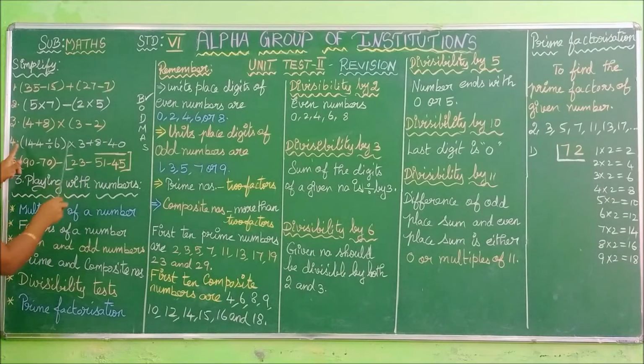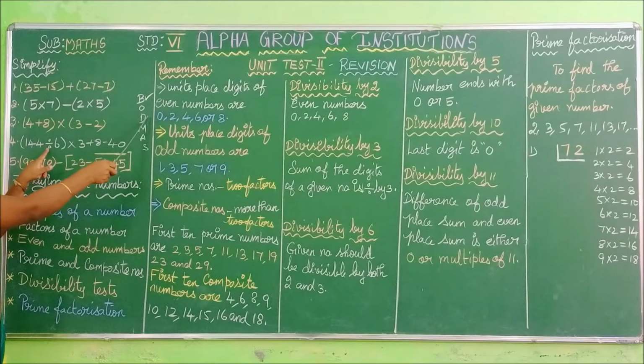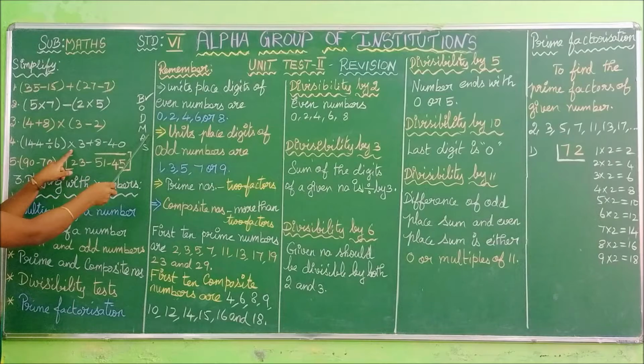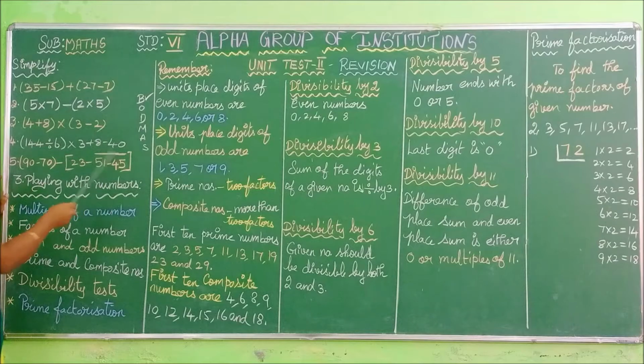So we have to evaluate the bracket first, and then you have to perform of. Here we don't have of, and then you have to perform division. Already within the bracket we are going to evaluate the division. So next you have to evaluate multiplication, and then addition, and then subtraction. See the last sum. In this question you have vinculum, simple bracket, and then square bracket.